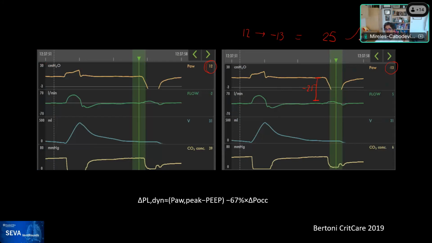So that's one of the numbers. The other number that you will see estimated is the estimated esophageal pressure. And so you can estimate, remember these are estimations, for the esophageal pressure. And for that one, they use 0.67, so 67%. And these are adjustment factors that they use to validate the measurements against an esophageal catheter. And so if you multiply it by 0.67, that would give you